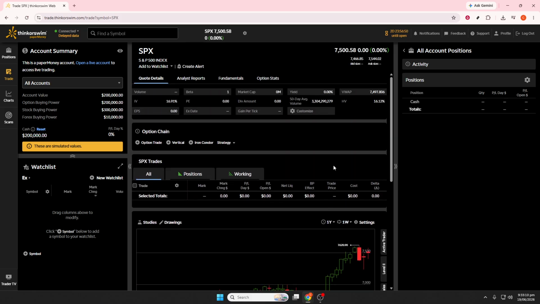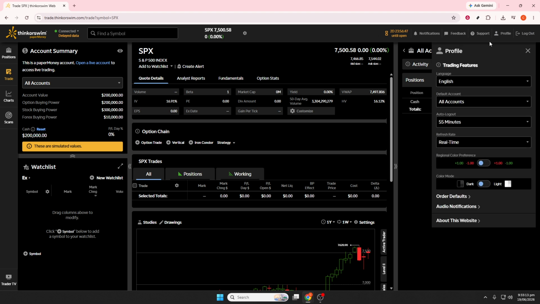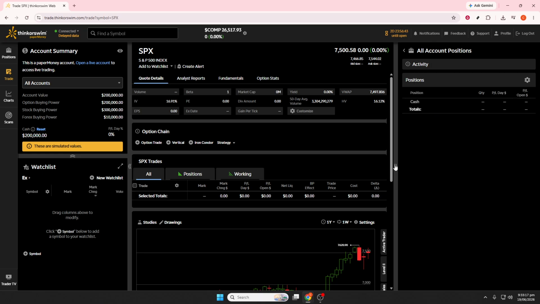Before entering any trade, take time to analyze the currency pair. For example, if you're looking at EUR/USD, check whether the trend is moving up or down, whether price is near support or resistance, and what economic news may be coming out. You can also use indicators like the 20 EMA, 50 EMA, RSI, MACD, and support and resistance levels to help